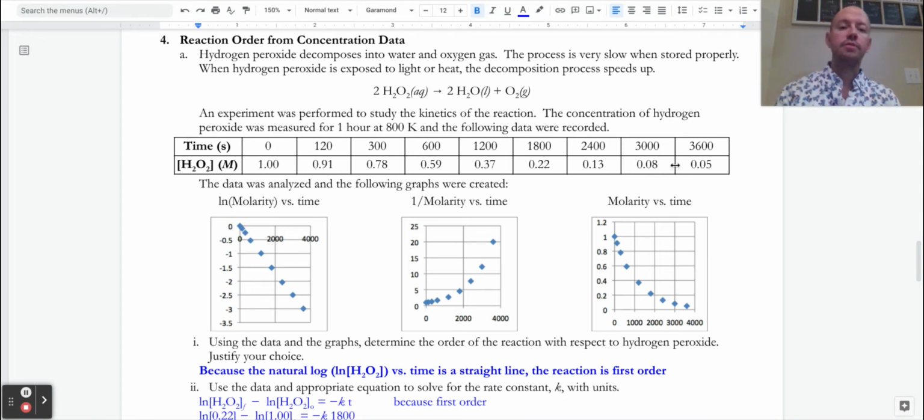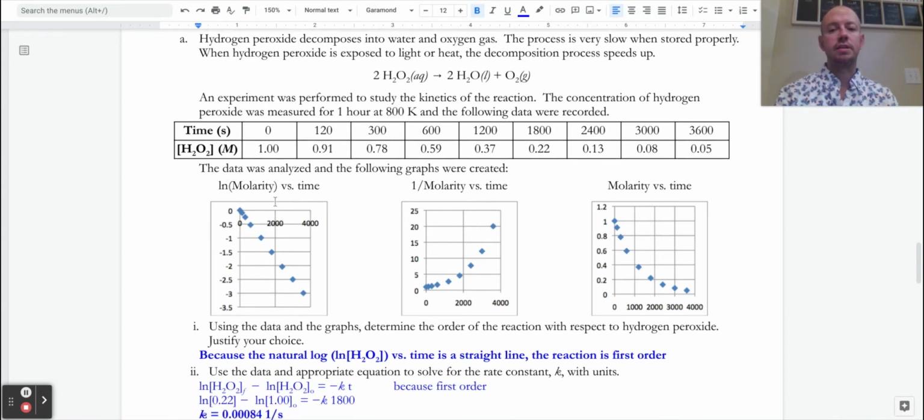So we have graphed our concentration versus time. We ran it for quite a while there, an hour. We kept the temperature constant, all good things to be aware of. And then as we look at our graphs, we really have to look at the titles and our axes because they're not always going to be in the order we want them to be in. In an ideal scenario, they would graph concentration, then natural log, then molarity, because that's how we saw it and we learned it. But if we read our graphs, it's really easy to see that these two are curves and